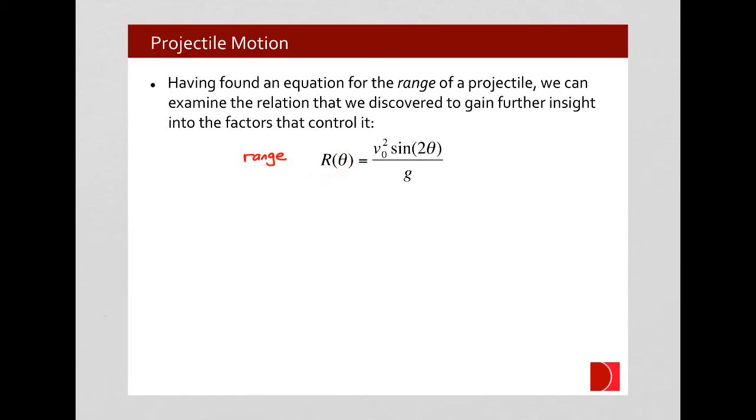If R is a function of theta, then to find out what angle theta will give us the greatest R is an example of maximizing a function. And the way that we maximize a function is to take the derivative of that function and set it equal to 0. That tells us where the max or min of that function would be. If we do that here,